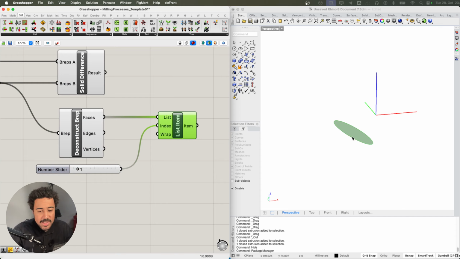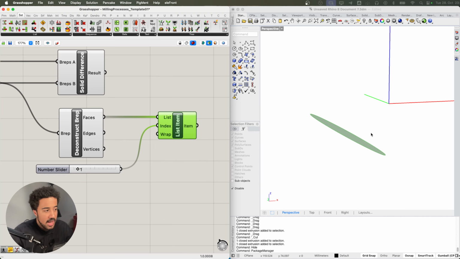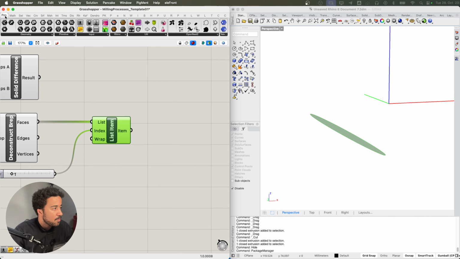And in our case, this is a flat 2D surface. It's at an angle, but it's still a flat surface. So the result is a surface.